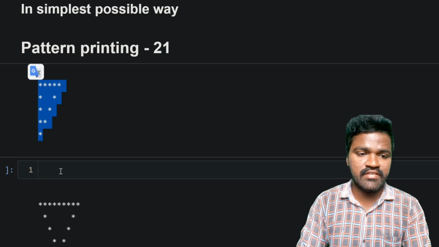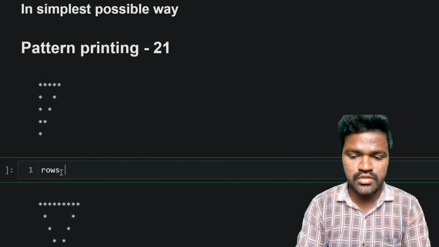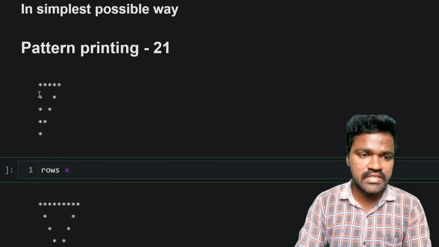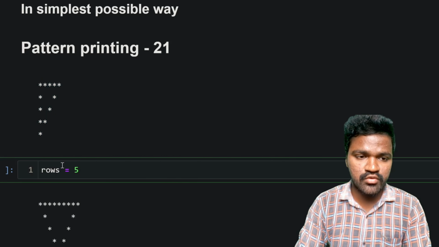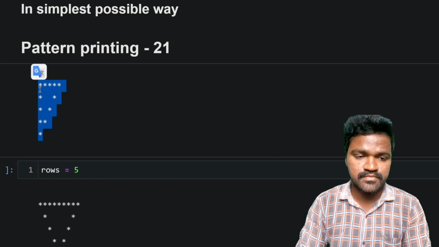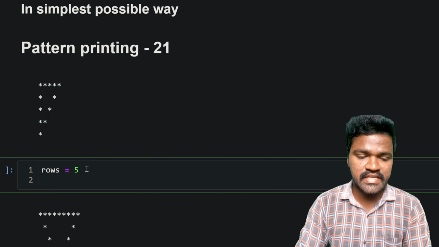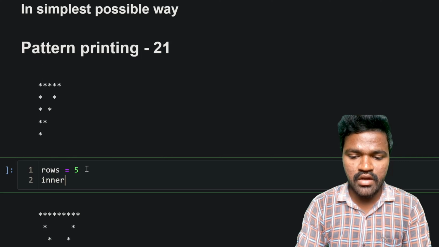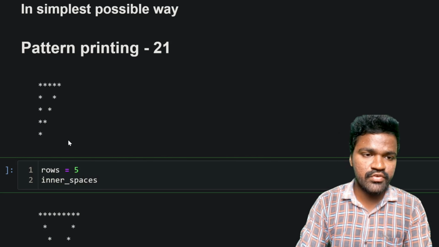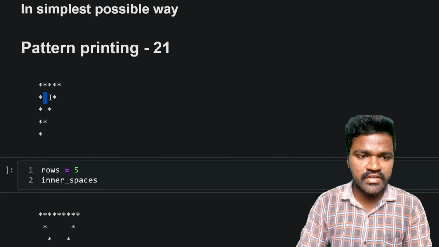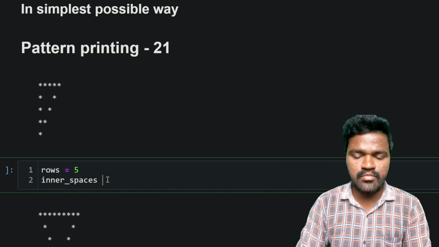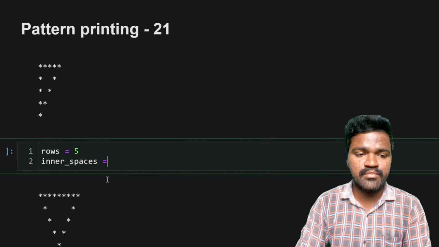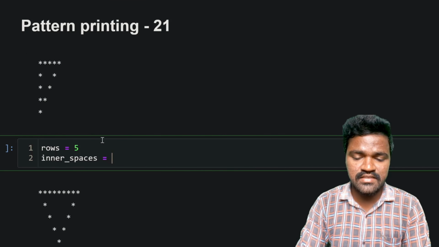So for that reason, I will take a variable rows because we have these many number of rows here. So I am taking the rows as 5 because we have 5 rows here. So later what I will be doing is that I will take a variable called inner spaces because if you carefully see here, we are having spaces in between of these stars. For that reason, I am taking a variable called inner spaces and I will mention this inner spaces as,